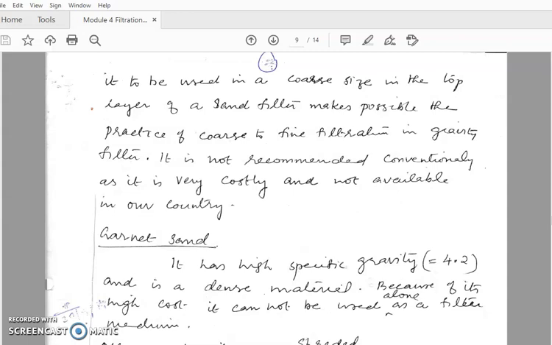It is not recommended conventionally as it is very costly and not available in our country. That means this anthracite coal is of low specific gravity. That means its weight is low, and it will float in the